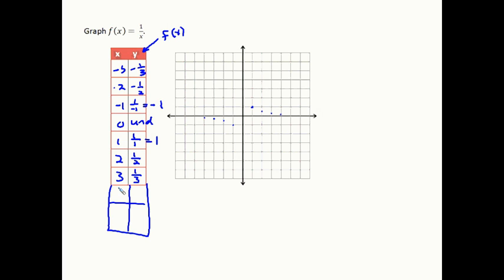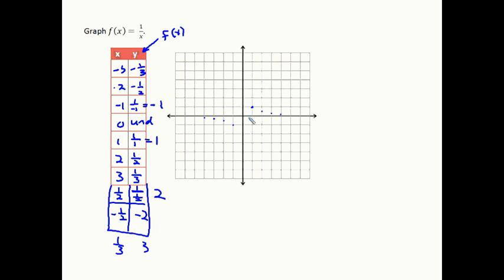Let's try 1/2. If we put 1/2 in there, we would get 1 divided by 1/2. Well, 1 divided by a half gives us 2, which means if we put negative half in, it seems we'll get negative 2. 1/3 gives us 3, and we could keep going. 1/4 would give us 4, 1/5, 5, 1/100th would give us 100. So graphing a couple of these points,